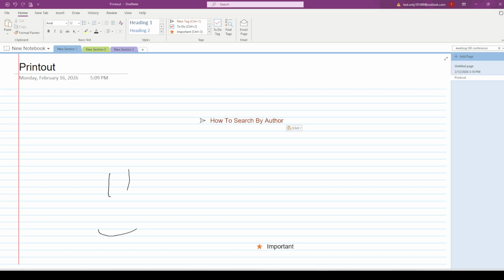In today's video, I'm going to teach you how to search by author. If you're collaborating in OneNote for desktop on Windows, there's a quick way to see exactly who contributed what without digging through every page manually. This is especially helpful when you're reviewing edits after a meeting, tracking student submissions, or just keeping a shared notebook